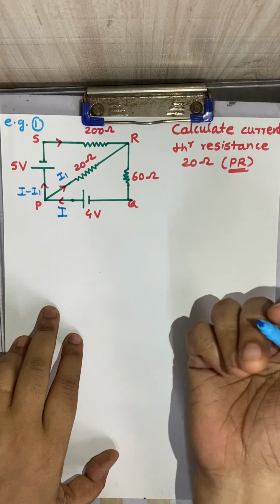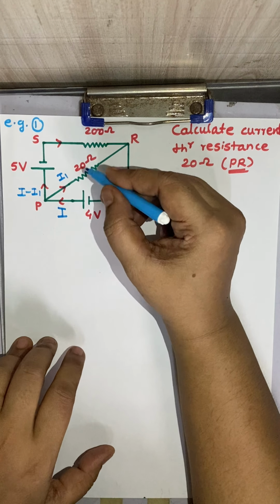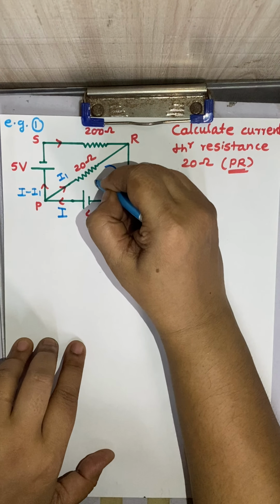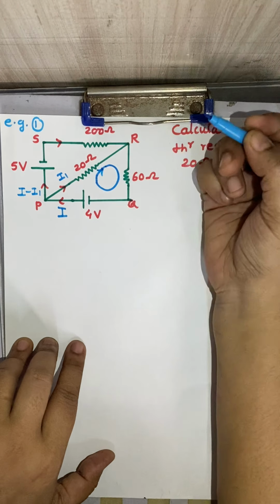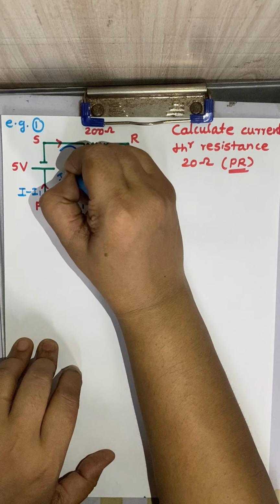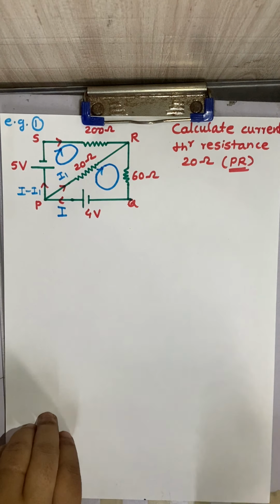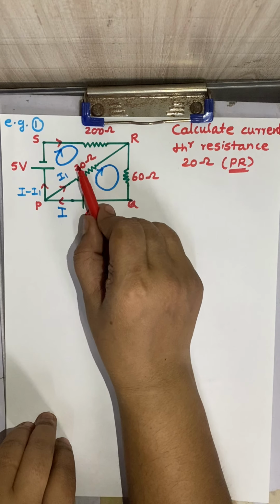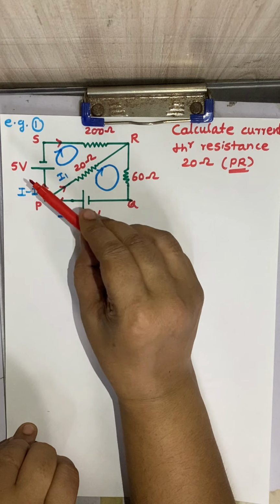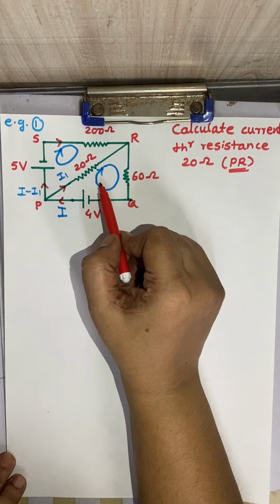Now let us consider the traversal direction. As I said, clockwise or anti-clockwise, anything is possible, but let us go for clockwise. So this is the direction of traversal for this particular loop, and for this loop also we are traversing clockwise only. You can see that both the triangular meshes have cells as well as resistors, and we are going to traverse both meshes clockwise.